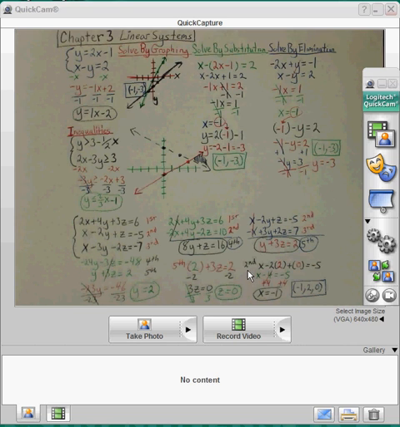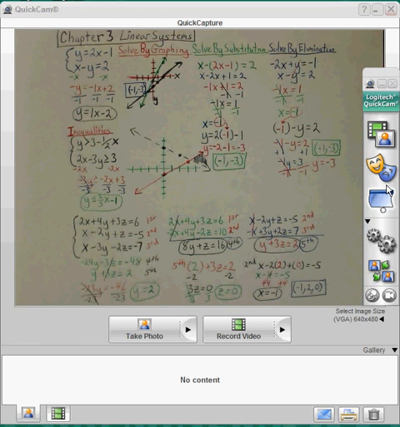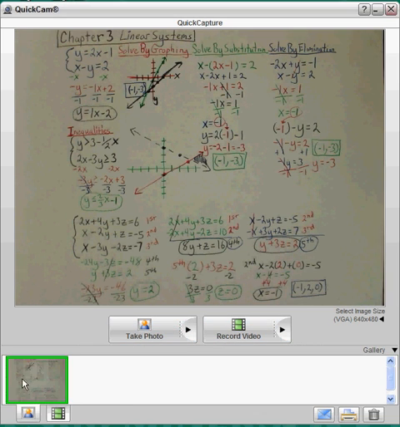I'd like to walk you through my particular webcam, the Logitech QuickCam, and its settings. Right here is a video that's being played, and you can see my hand right there. Okay, if you basically take a picture, you just hit boom, take a photo, and there is